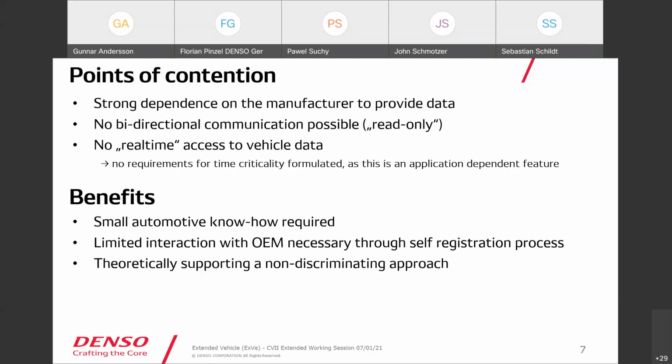So points of contention, of course, we still see, after all, a strong dependence on the manufacturer to provide data in the first place. We have a unidirectional communication, so kind of read-only communication. And also, since there are no requirements formulated, since this is application dependent, we don't have real-time access to vehicle data. So these are some, let's say, disadvantages or potential points to discuss in the future to improve. But you will see in a second that this discussion is led by many stakeholders. So always have to find a compromise. But there are